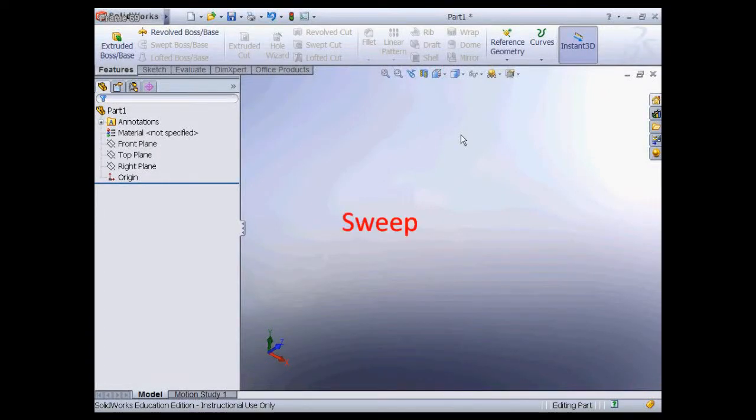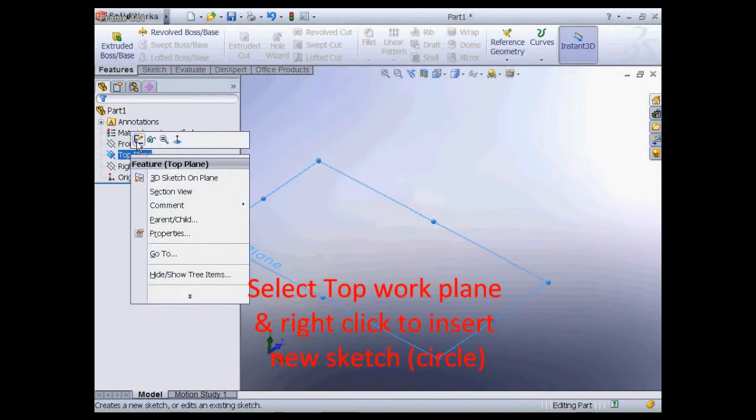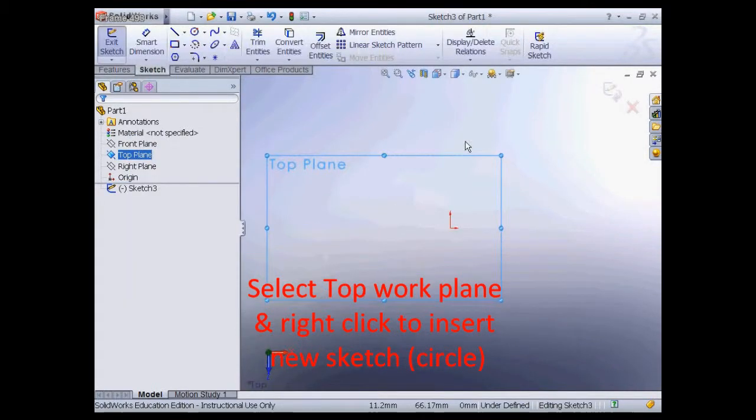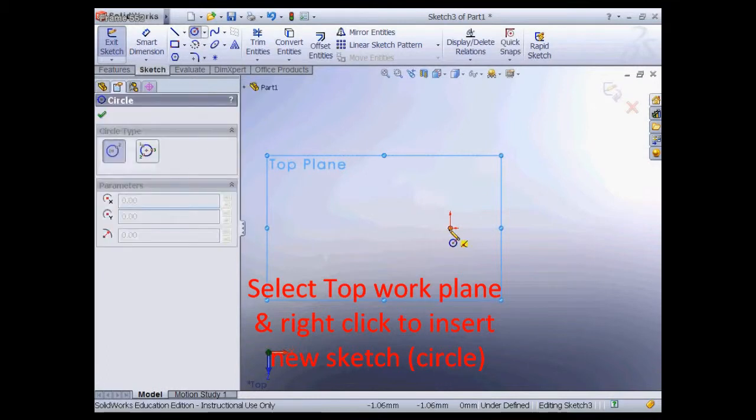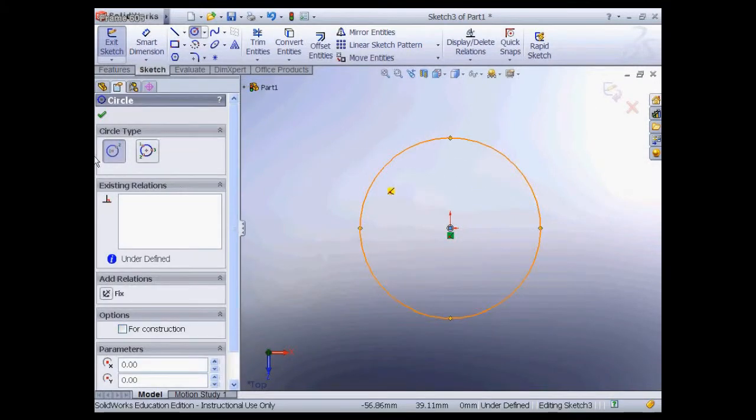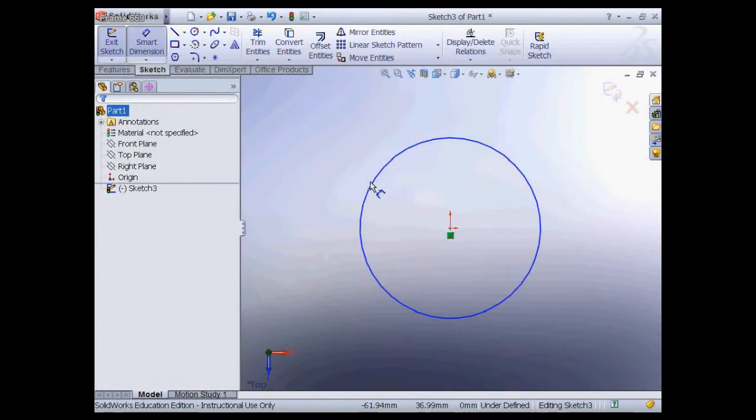Now I want to demonstrate how to create a string, because we have the string inside the SOP absorber, so we need to show some of the demonstration for that one. So when you click into the top work plane, insert a new sketch, we need to draw a circle here and then make a smart dimension